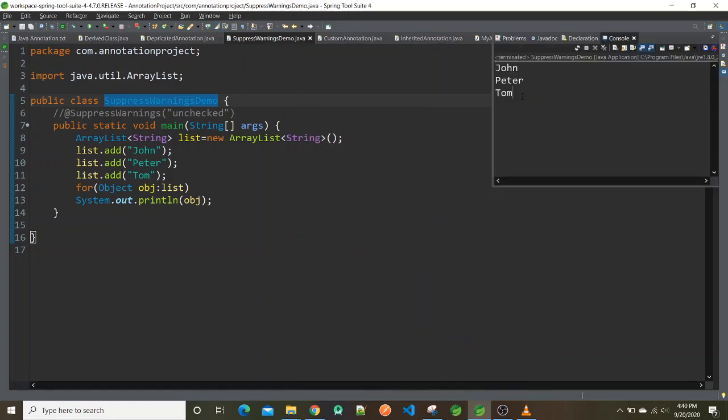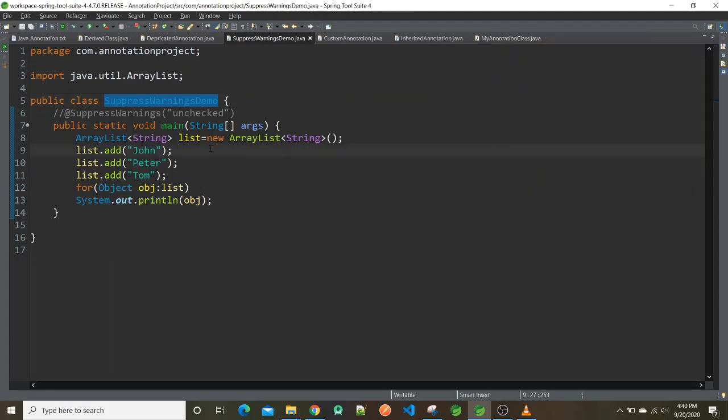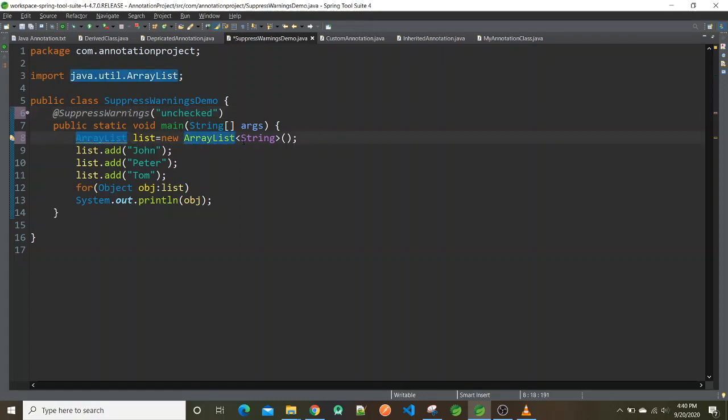Okay, so if I want to use SuppressWarnings annotation here, then how can I use it? I just uncomment this SuppressWarnings annotation, and I have to just remove this generic type.